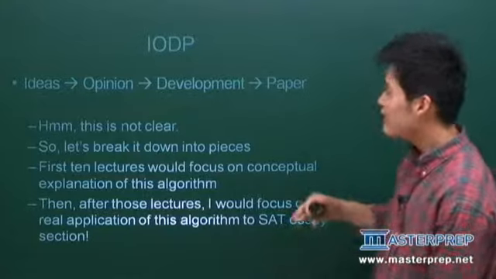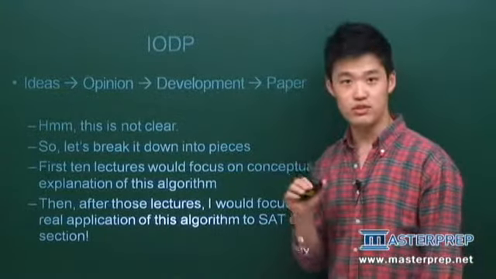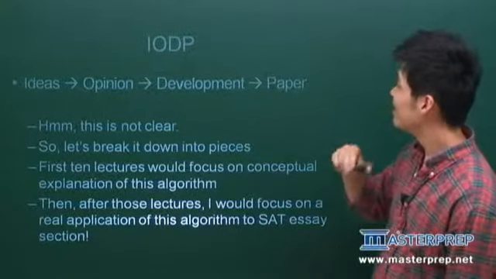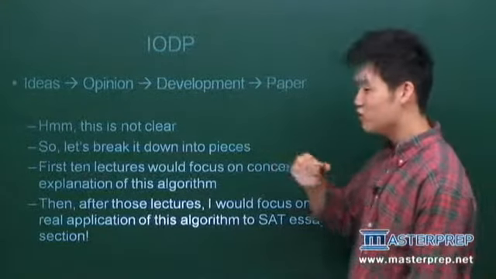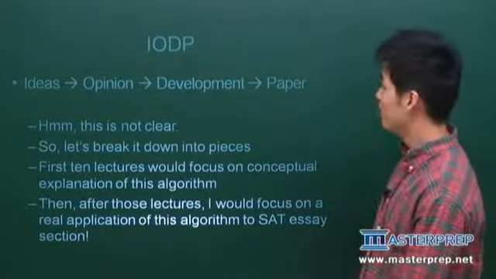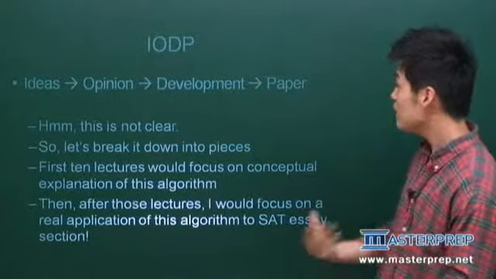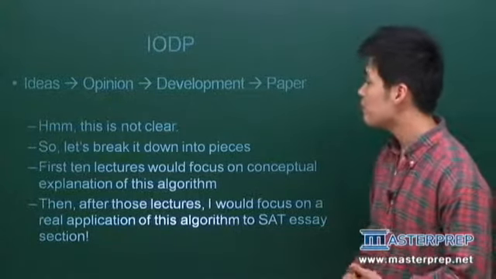Now, I know this isn't clear. I mean, this whole diagram is pretty clear, right? But what does it mean? That's the relevant question. After looking at this, you're kind of like, huh? You really don't know what to say about it. So I'm going to break it down into pieces for you to understand better.